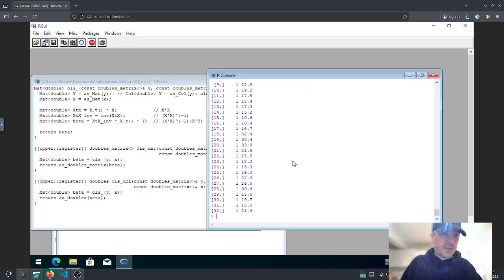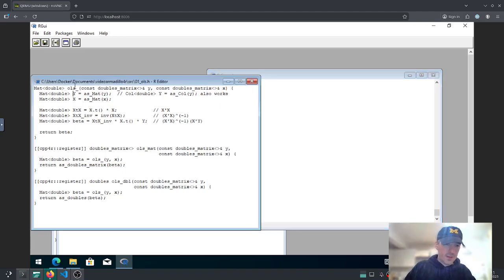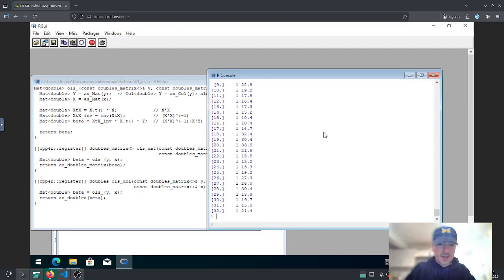So now I can call this function. But I cannot call the OLS underscore function directly because it's not exported to R, but the second one and the third one are exported, so I can do either OLS matrix YX, and if you pay attention, it's the same value as